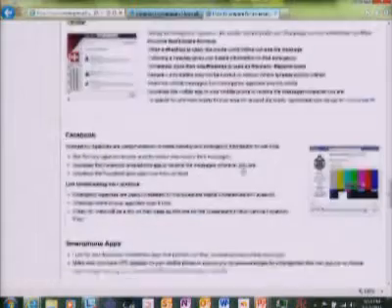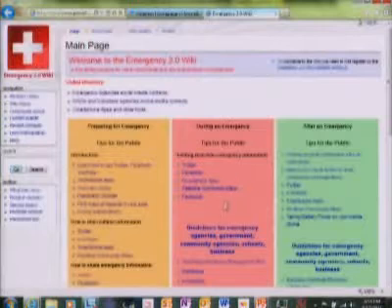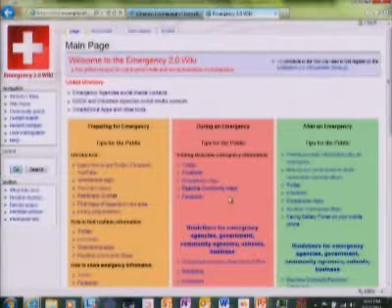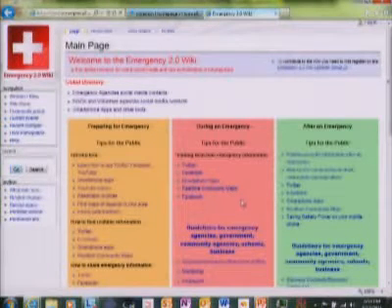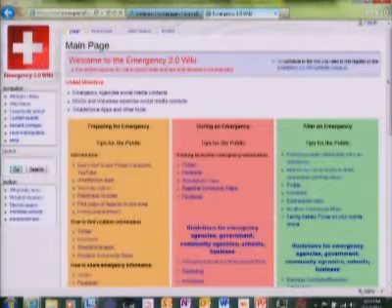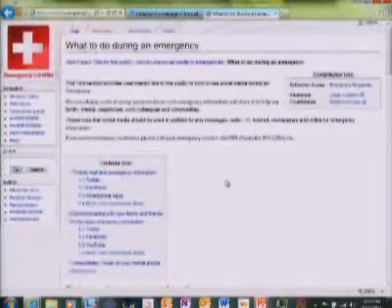So there we go, that's our preparedness. And then if we go to during an emergency, it's basically all of that, but very streamlined. The thing I need to mention here is that we have optimised the wiki so that you can access it on your mobile phone. So wherever you are, you can access the tips, all of this site. So the key thing during an emergency, again, is